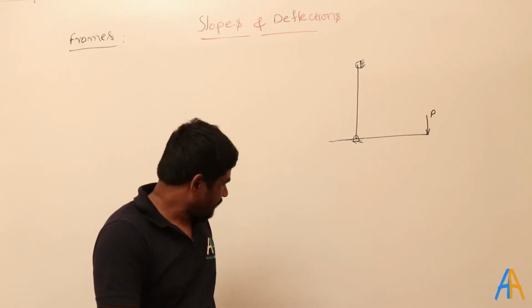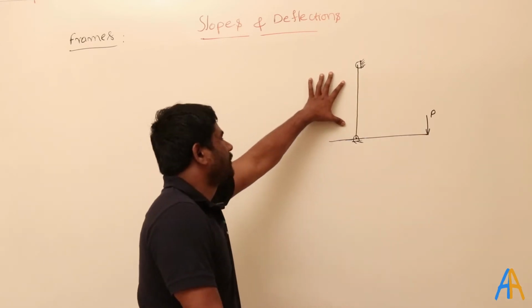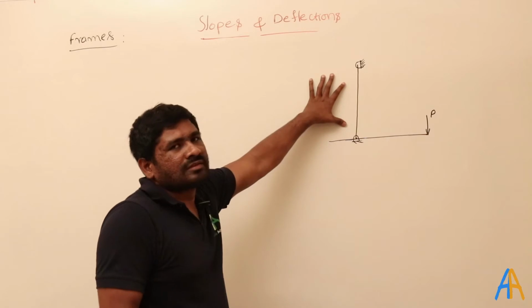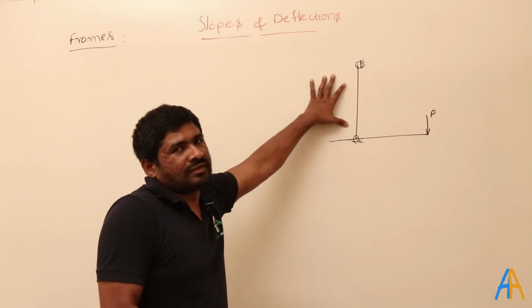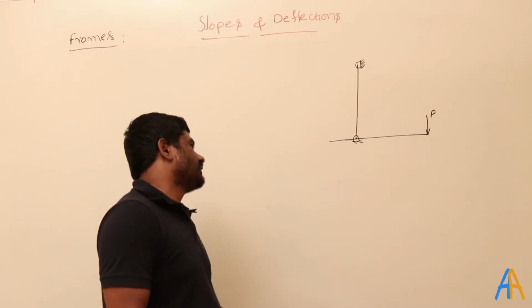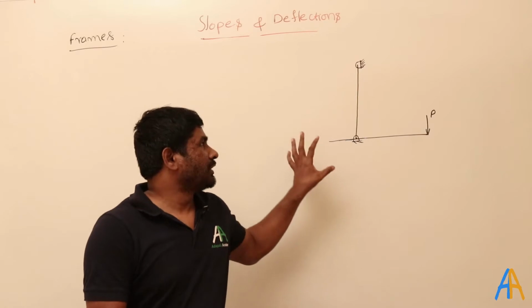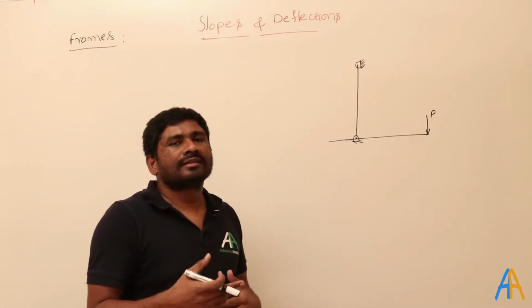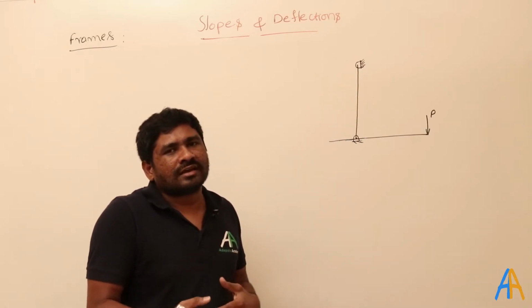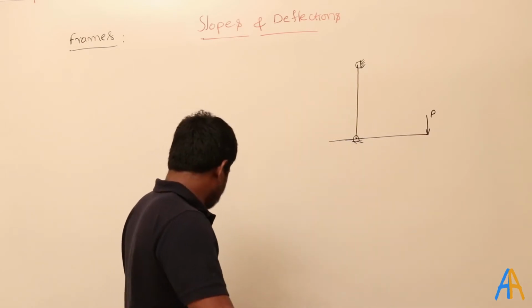So the next important topic is frames. Like a beam, a structure is constructed as a frame. In such cases, we need to find out the deflections. These types of problems are asked in the examination. There are two methods that we can follow. One is a direct method, by visualizing how it will bend, and another one, if you are unable to visualize that, is to directly use the strain energy method. We will see both the methods.